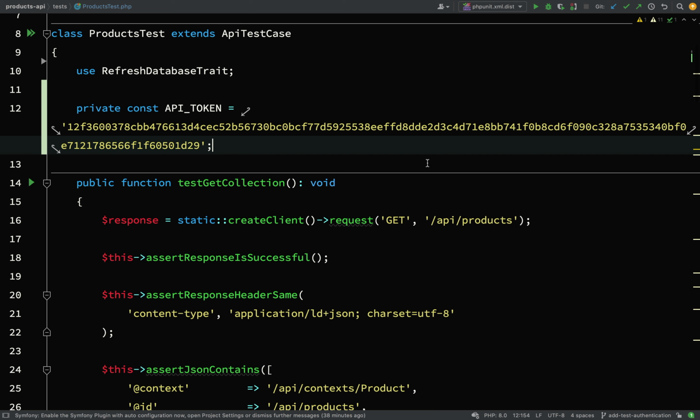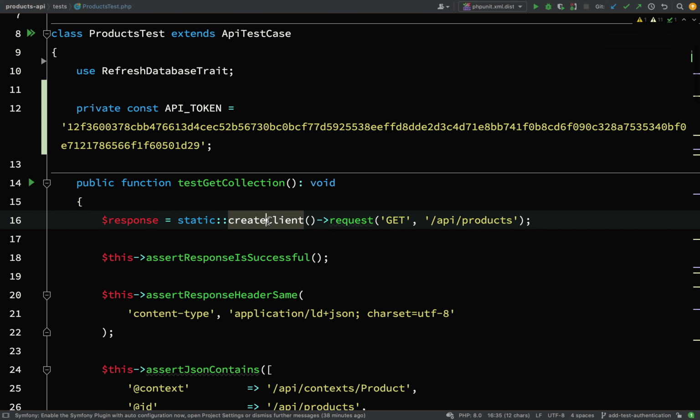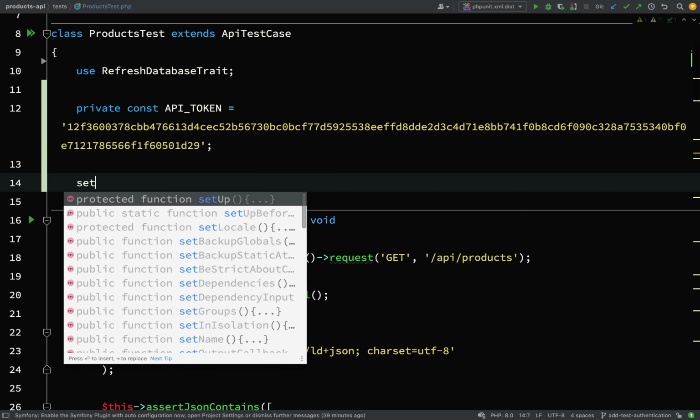So next, what we're going to need to do is create the client differently, and off that client we should be able to go through the container and get a Doctrine Entity Manager, and we'll do all this in the setup method. And the other things we're going to need is a user entity, and an API token entity. So